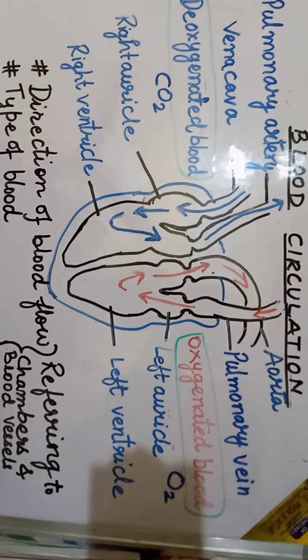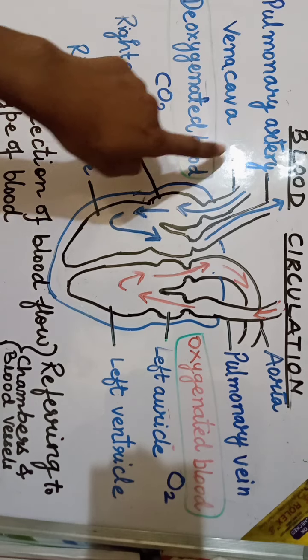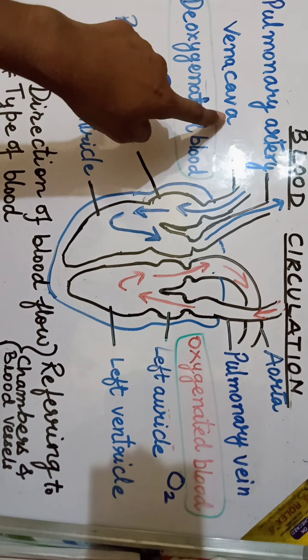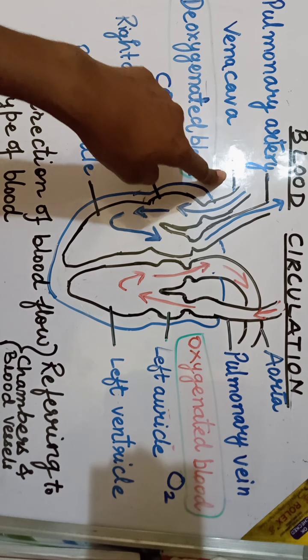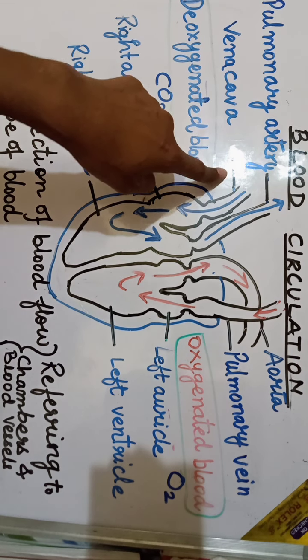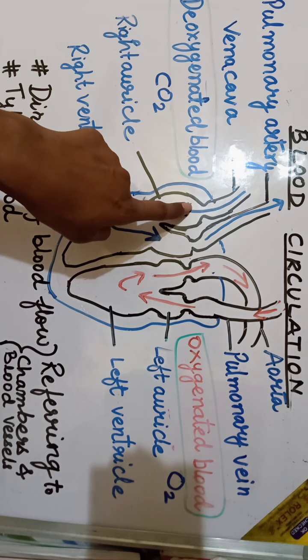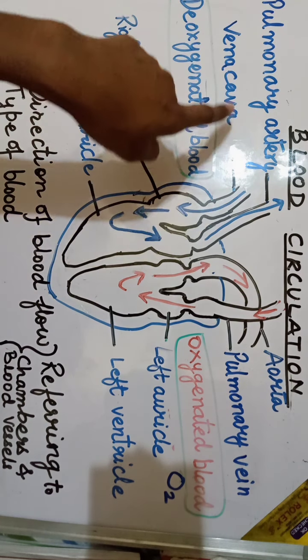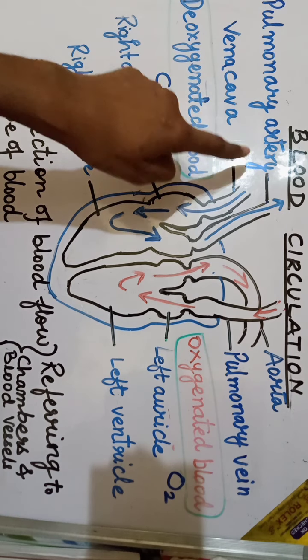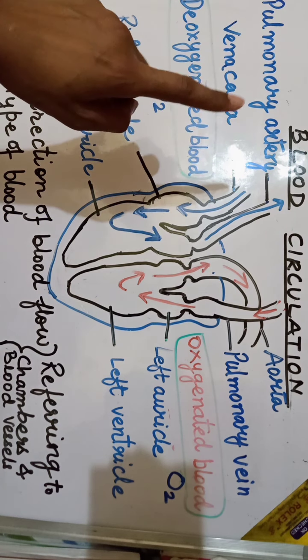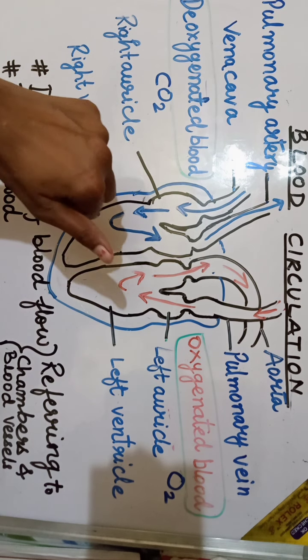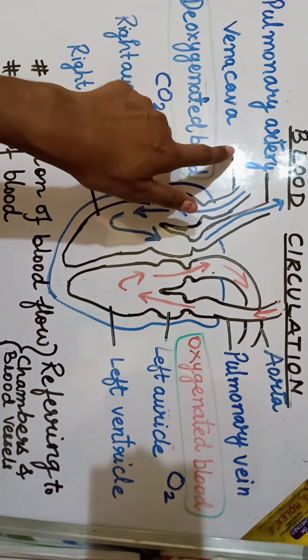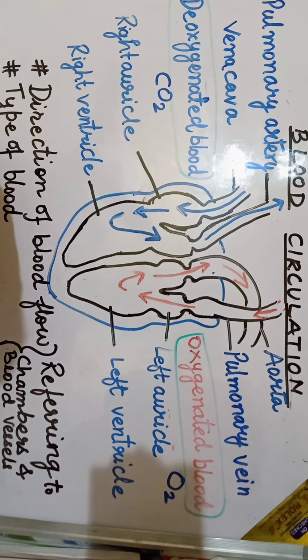To see the blood circulation, now you can see, as we know, the vena cava, the posterior and anterior, or the superior and inferior vena cava, is pouring the blood into the right auricle, that is deoxygenated blood. The superior vena cava is bringing blood from the upper body parts, and the inferior vena cava is bringing the blood from the lower body parts, that is legs and abdomen and the lower part of the body.